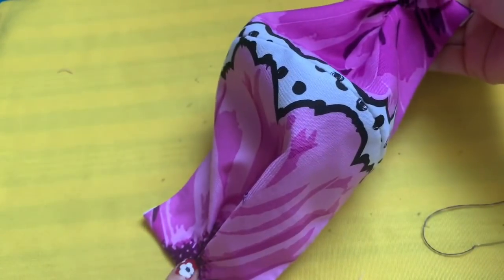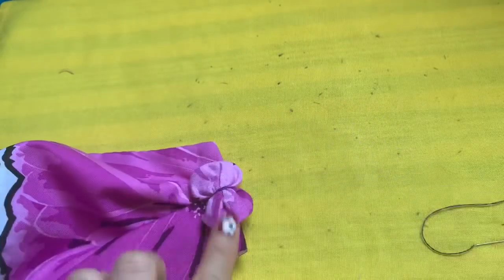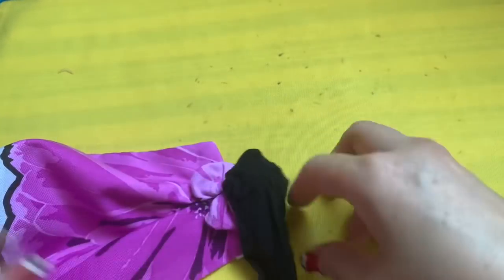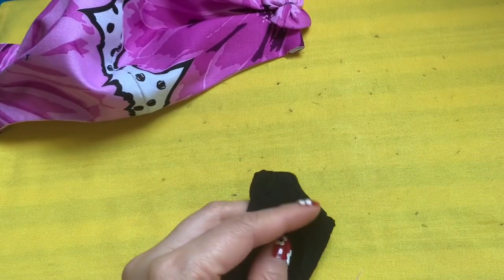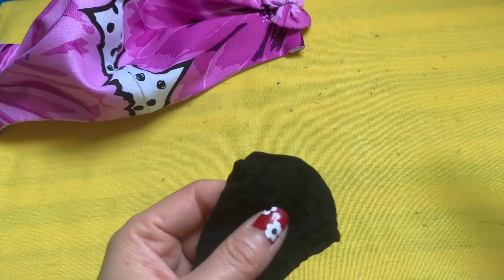You're going to do the other side together, or you can leave it like that. What I think is the bow or the button will make the face mask prettier. I have the pantyhose that I bought the other day at the Dollar Tree. You go to the dollar store, everyone, they have so many out there. Any color you can use. I'm using black,